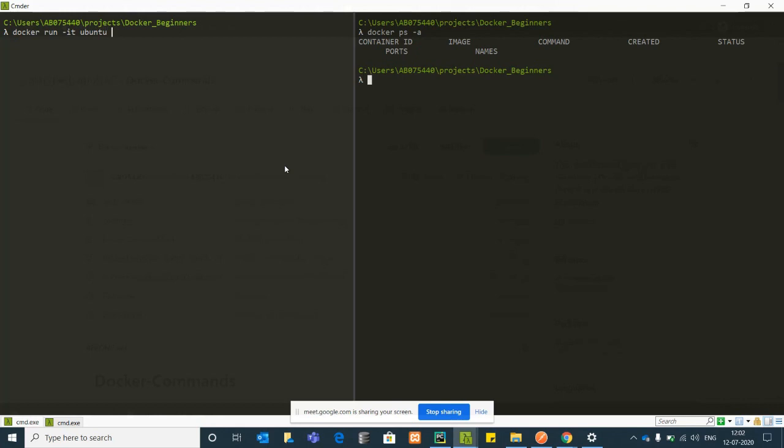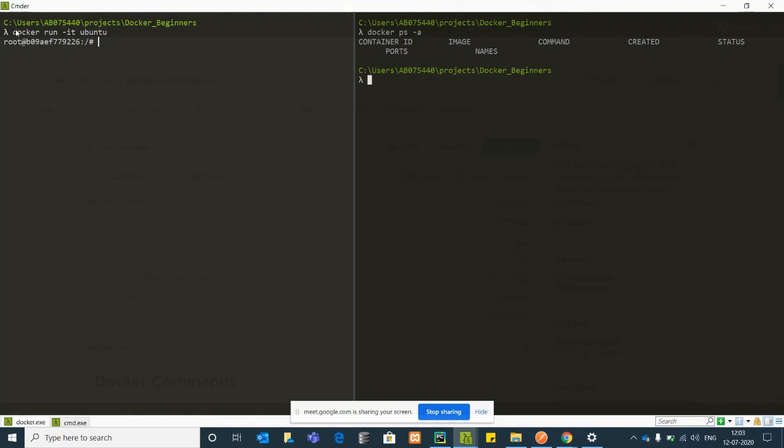Now, till now, what happened? It went directly into the execution part. Now, when you run this, what does this I mean and what does this T mean? I is basically the interactive mode. Interactive means standard input and output you can give to this particular Docker container, and the terminal is basically you can achieve a terminal inside the Docker container.